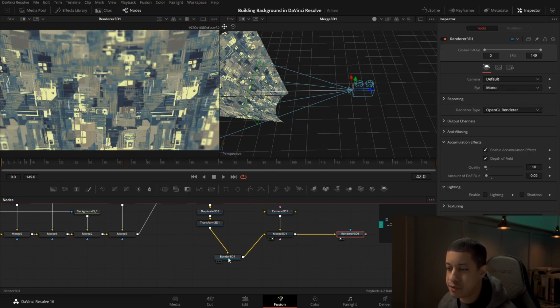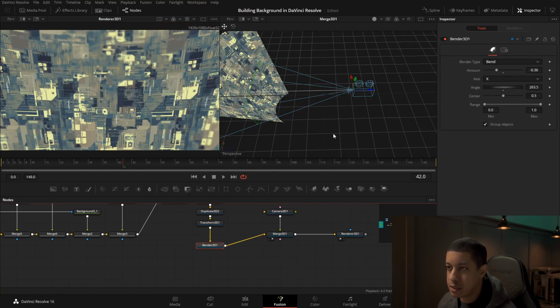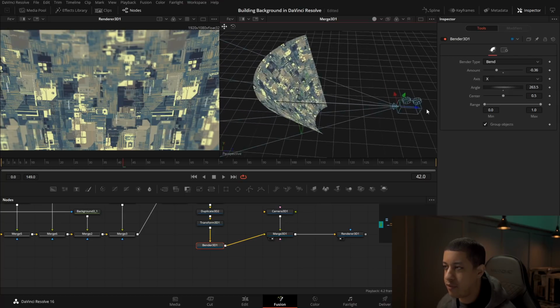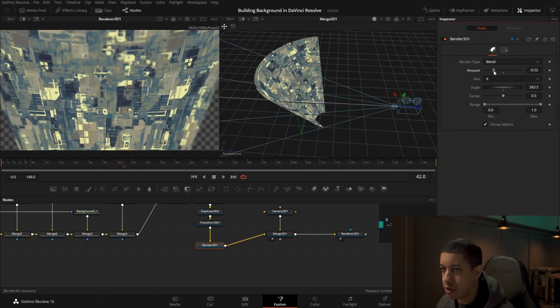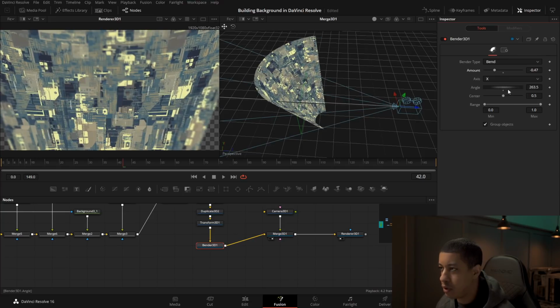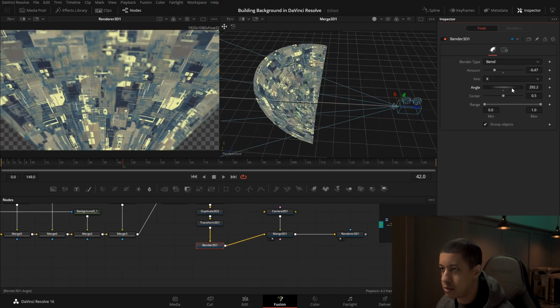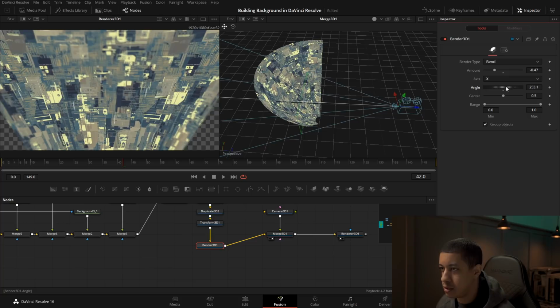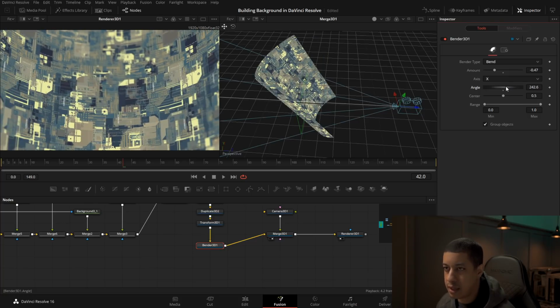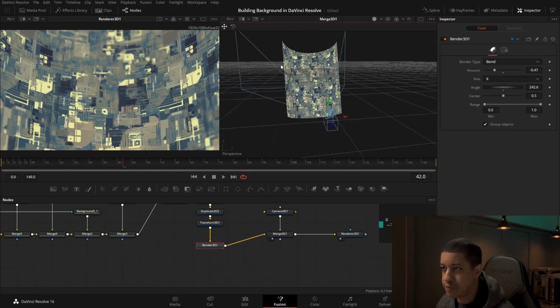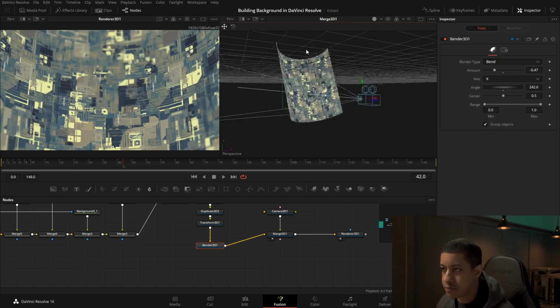And now we can just take this bend and bend this till we get a look that we're going for. So maybe we'll really bend it, maybe not so much like that. So maybe something like that. That would work.